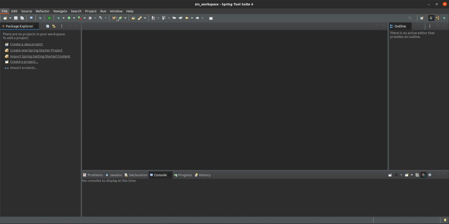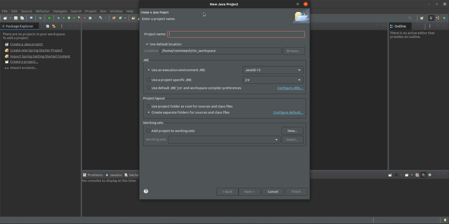When you click on this, it will ask for your project name. Suppose I give Java SE demo. This is our project name, and here we can select the location. Because this is our workspace, it will automatically come according to your workspace.